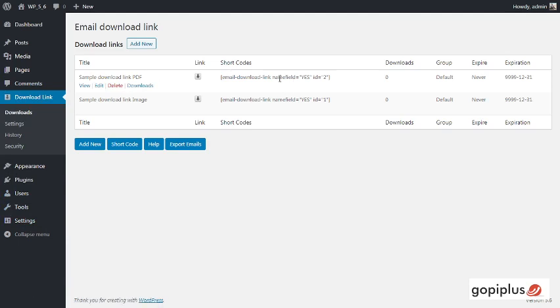By default, this plugin gives two records. This is a PDF sample and this is an image sample. Let's use this default record to see our demo. This is a PDF file. In case we want to provide this PDF download link to the user, we just use this shortcode